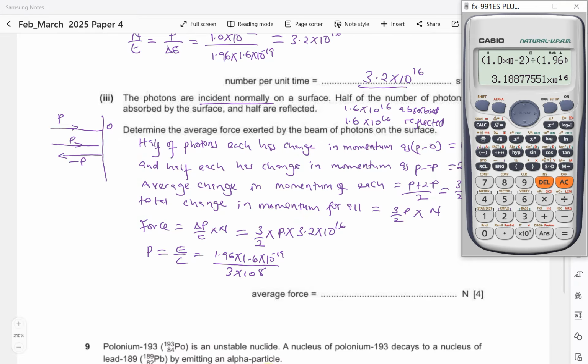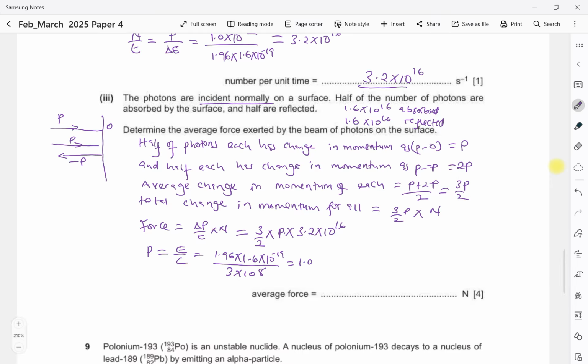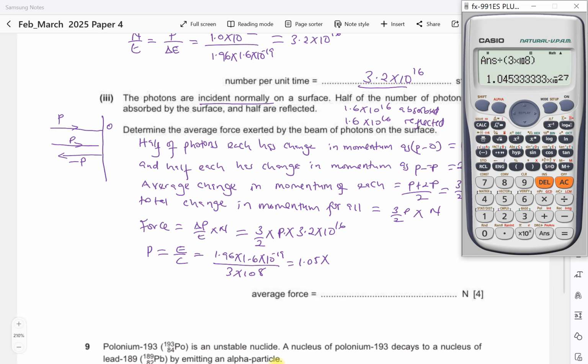So one particle is 1.05 times 10 to the power of minus 27